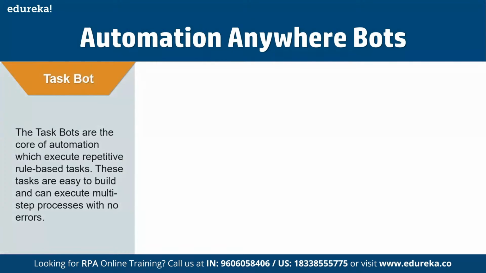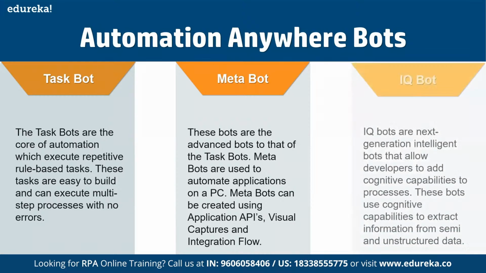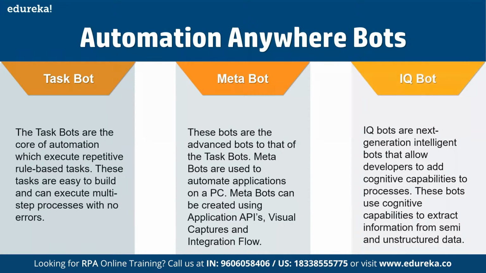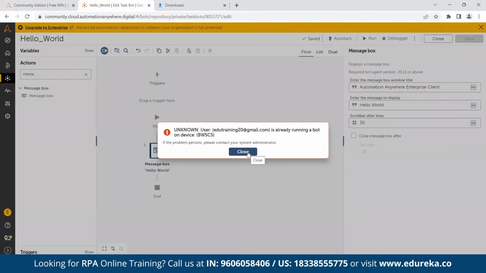These tasks are easy to build and can execute multi-step processes with no errors, right? Metabots are advanced bots which can work with different applications, and they can be created using applications, APIs, visual captures, integrations. IQ Bots are next generation intelligent automation bots which possess some cognitive capabilities, and these bots can extract structured or unstructured data, right? So over here, if I show you, see, the automation that we ran,